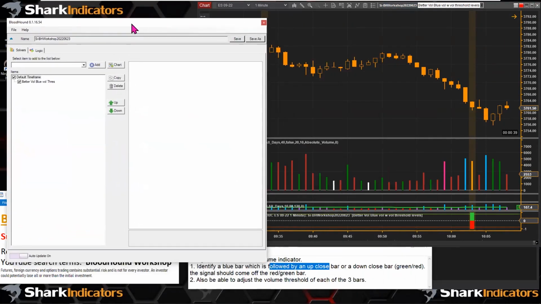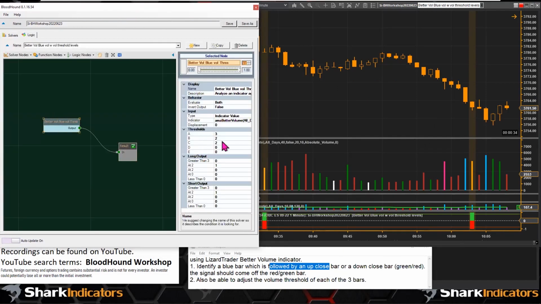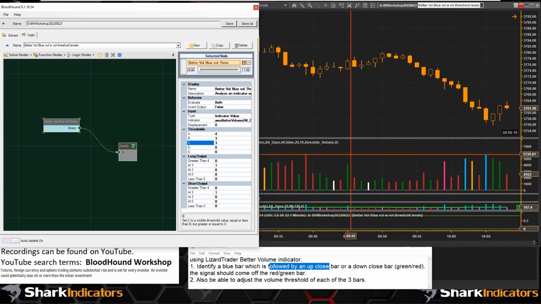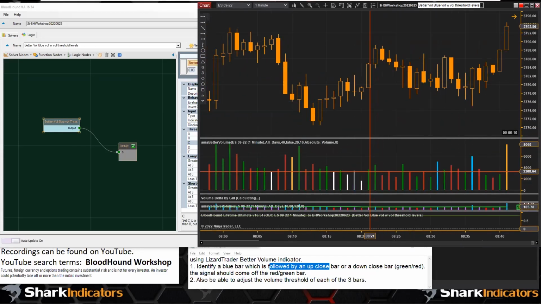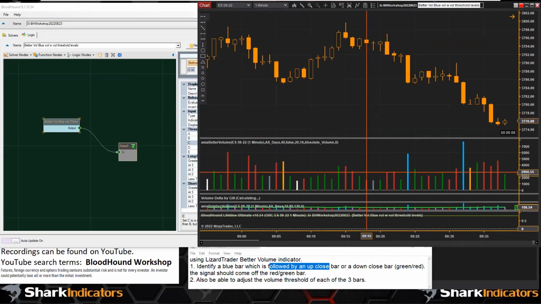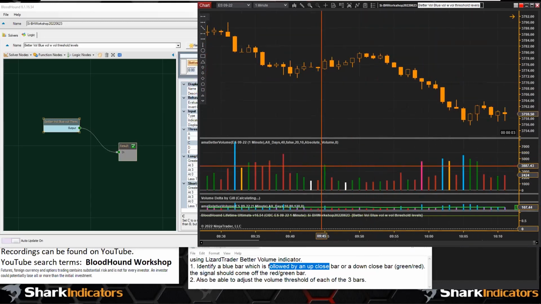So we've identified the orange volume color, which is 2. Yeah, there we go, 2. And let's just check to see what color has a value of 3. And it doesn't look like anything has a value of 3. Okay. Anyways,